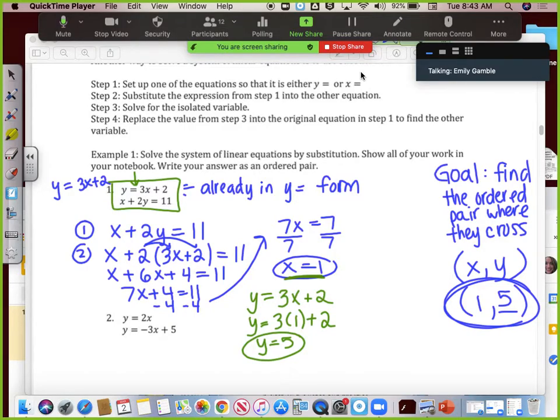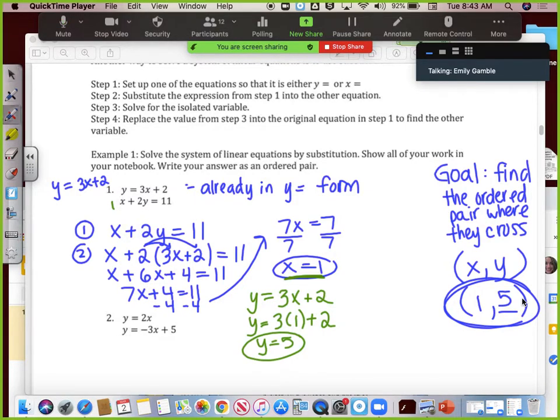Then we took that variable, replaced it into one of the equations from the beginning to solve for the other variable. Remember, the whole goal in solving systems of equations is figuring out the ordered pair, the x comma y ordered pair where these two lines intersect. So I know without having to even graph these at all that the point that they intersect is at 1, 5. Now don't forget, you can always check your answer, and I think that it's really important to do that,